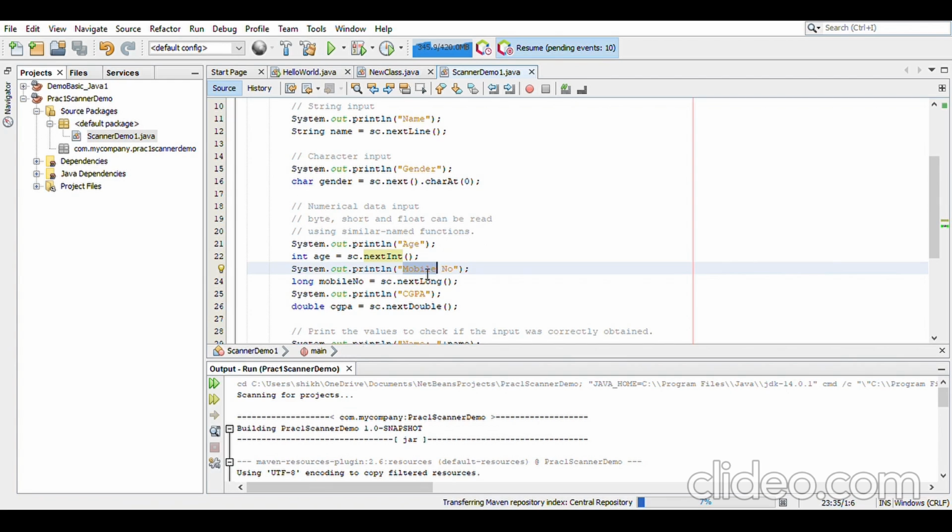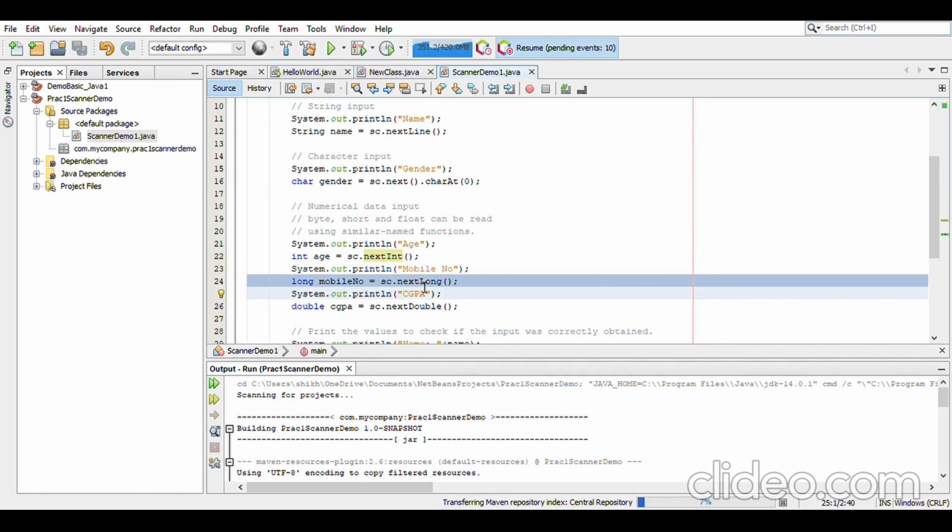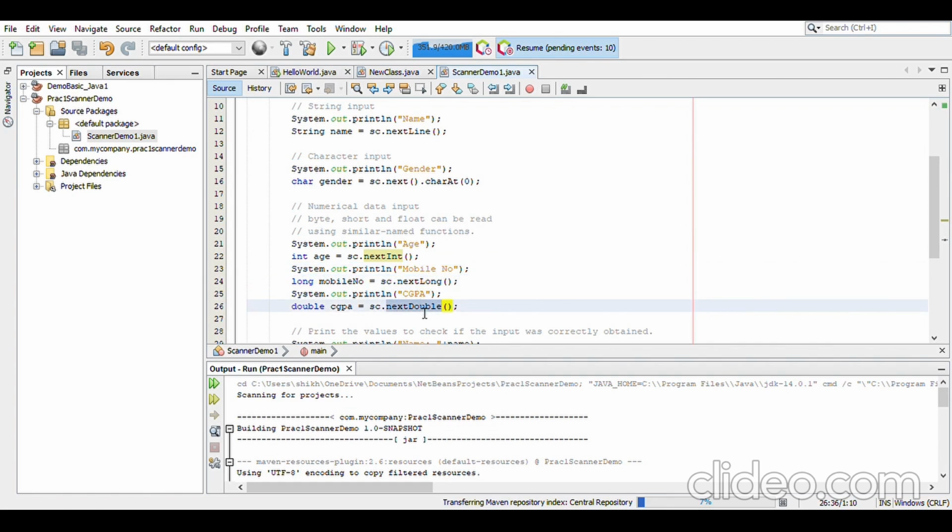We need to use the method nextLong. And for taking the CGPA, as CGPA is not an integer value, it is a double value, or we can say a floating point value, we need to use the method nextDouble on the object of the scanner class, sc, and we will read it into the variable CGPA.